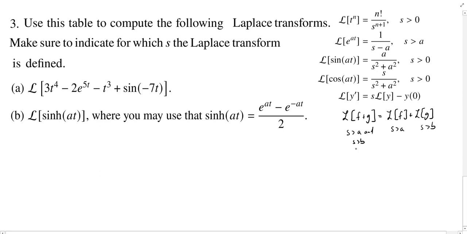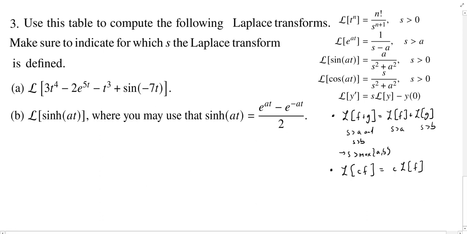Okay, so we would basically just pick whichever one's bigger, right? So s is greater than the max of a and b. Okay, so that's something you should know. And then another thing you would want to know is that if I multiplied f by some constant and take the Laplace transform, then instead I could pull the constant out, compute the Laplace transform of f, and then multiply